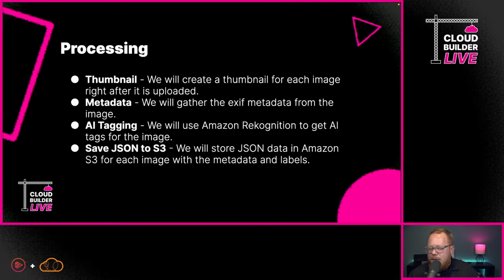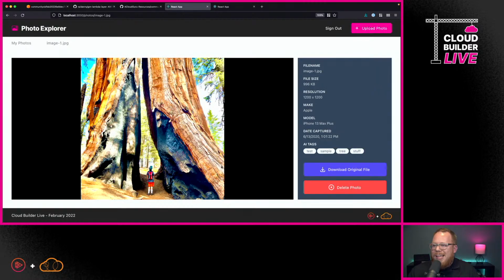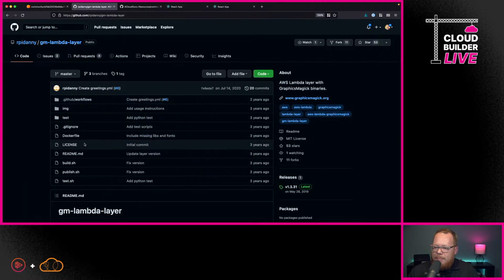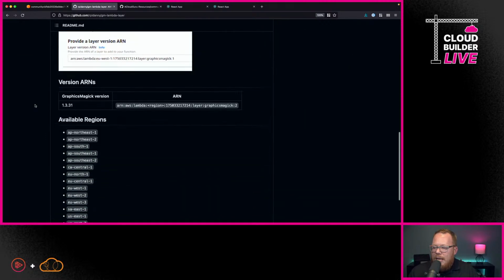So the first thing we're going to need to do is add in a Lambda layer. So Lambda, again, is serverless compute. It enables us to execute some custom code. But every now and then within our custom code, we need it to have some additional capabilities. In this case, I want to have the GraphicsMagick library available on my Lambda function so that I can create a thumbnail. Now, I didn't have to create this myself. There's a public Lambda layer that I can utilize, and we use this ARN, this identifier, to add it into our function. Now, I've already got that ready to go, so I'm going to go back over here to the terminal,